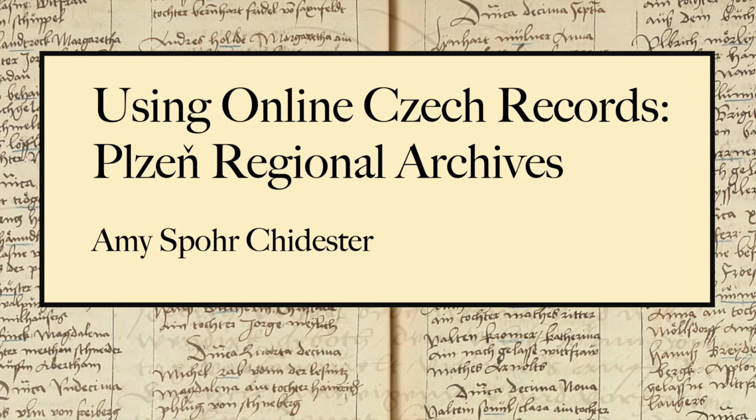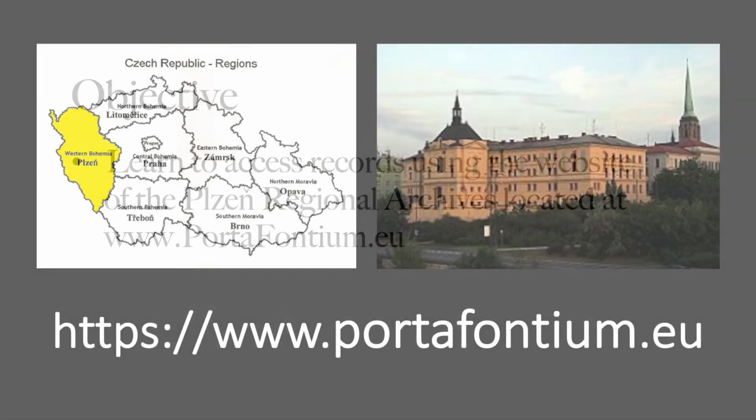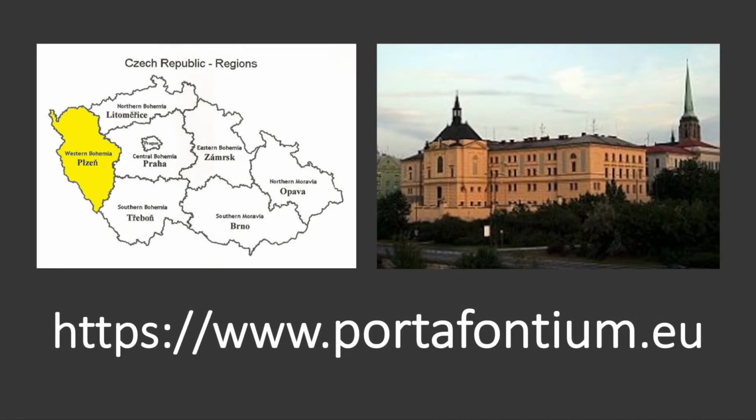Using online Czech records, the Plzen Regional Archives. My objective is to teach you to navigate the website of the Plzen Regional Archives to locate the vital records of your ancestors. If your ancestors lived in Western Bohemia, seen in yellow on the left side of this map,